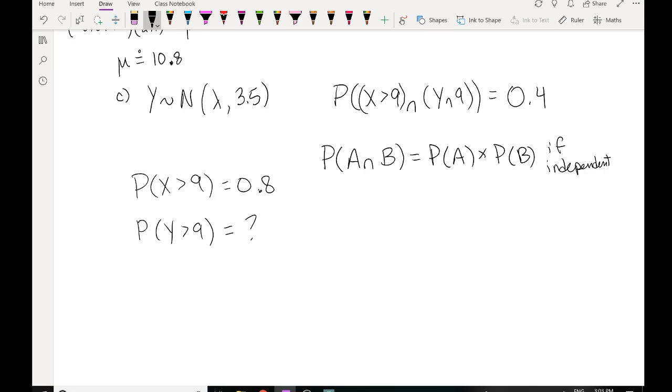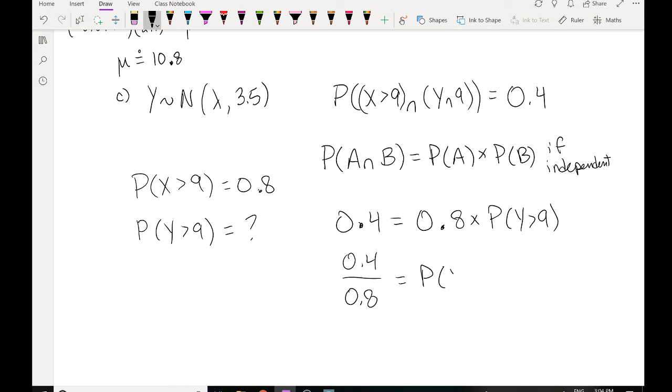But I'll be able to figure it out, because basically what we've determined here is that 0.4, the probability that both of those things are true, is going to be the probability that x is greater than 9, so 0.8, times the probability that y is greater than 9. And so if I isolate that probability, I will be getting 1/2 here. The probability that y is greater than 9 is equal to 1 over 2,